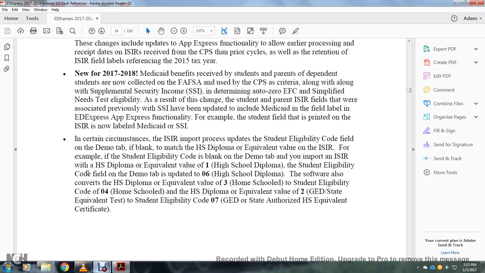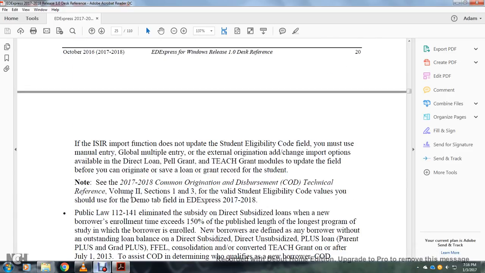The software converts the high school diploma to the equivalent values of 3, the student eligibility code for homeschooled, and 8, the high school diploma equivalent value of the GED state equivalent test. The student eligibility code 07 is the GED or state authorized high school equivalent certificate. If the institutional student information record import function does not update the student eligibility code